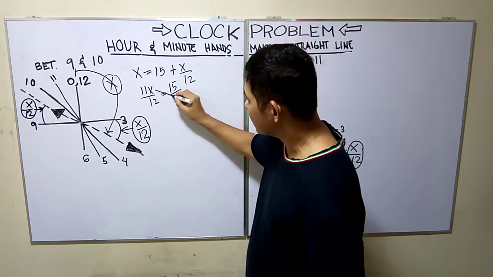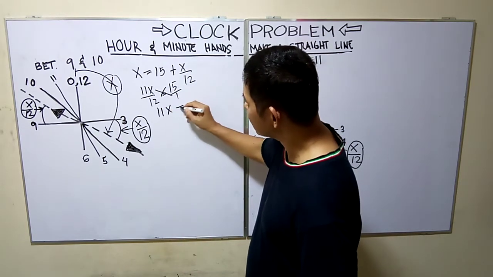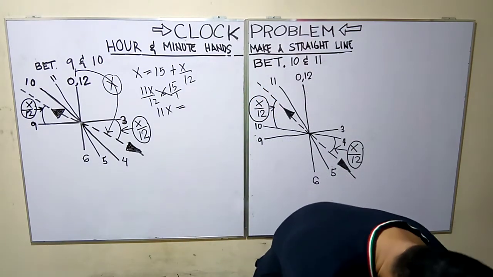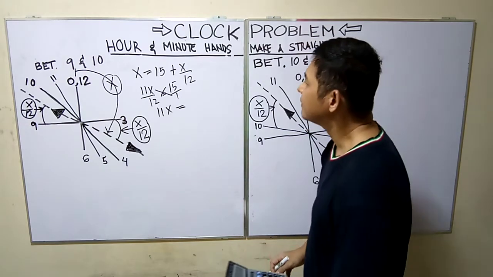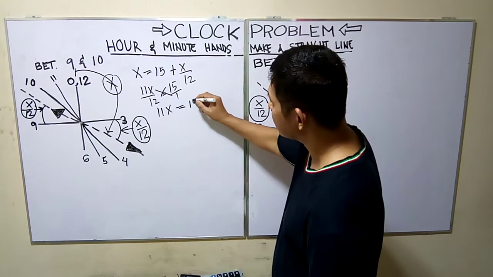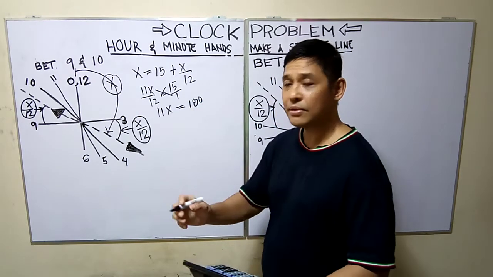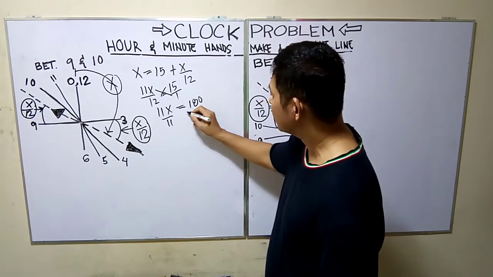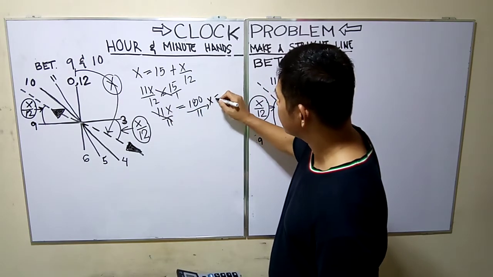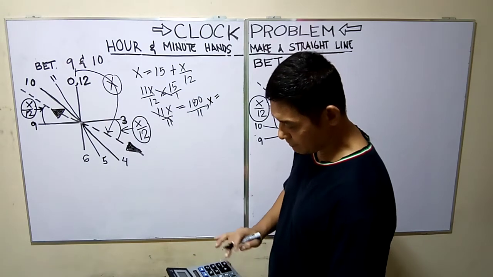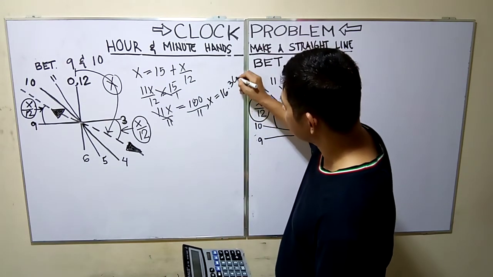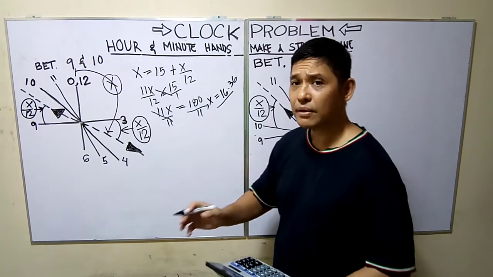Therefore, cross multiplication. Therefore, 11X equals to, gamitan natin ang calculator, times 12, 180. Therefore, divide both sides by 11. Then X is equals to 180 divided by 11, 16.36 minutes. Therefore, our final answer is